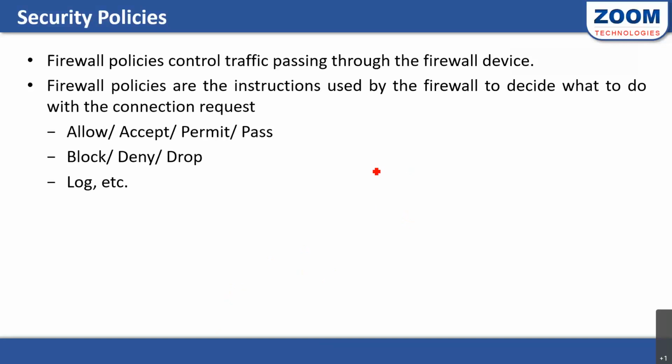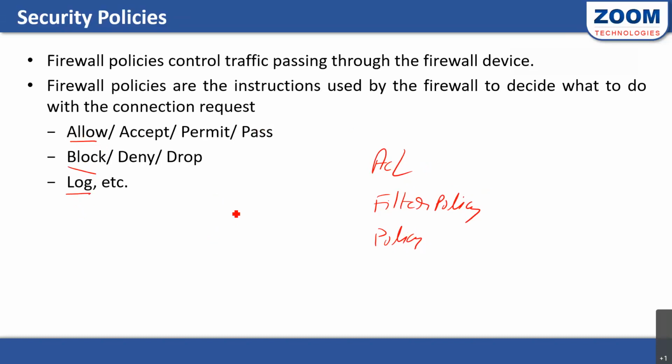You have various names for this. You can call them access control lists or ACLs, filter policy, or just policy. Whatever name we use, they are nothing but permissions. These are the instructions we give to the firewall, using which traffic will either be allowed or blocked. A security policy will also ask the firewall to create a log.